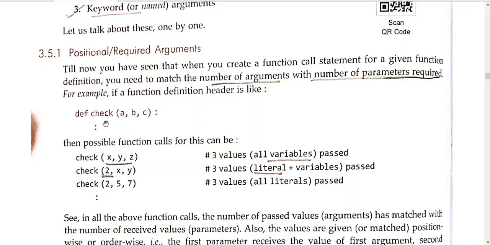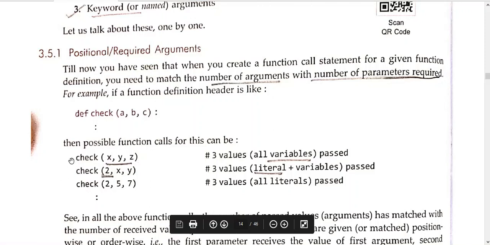So if in the function definition you have arranged the sequence a, b and c, then the value of a will be substituted with x, the value of b will be substituted with y, and c will be substituted with z. Directly if we are passing values in the function call, these are your function calls. How do I know these are my function calls?